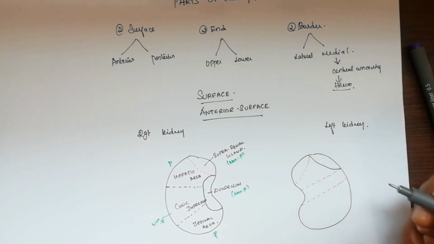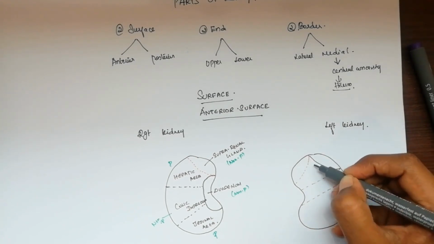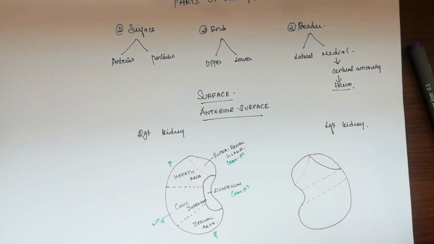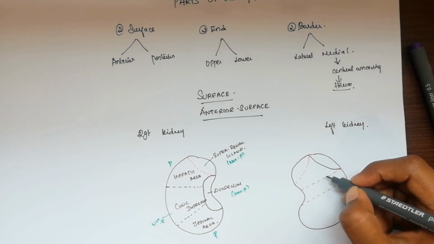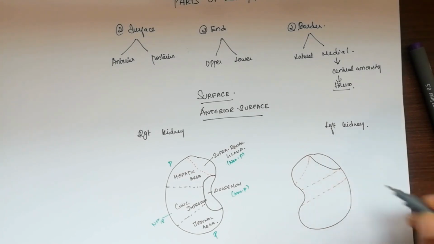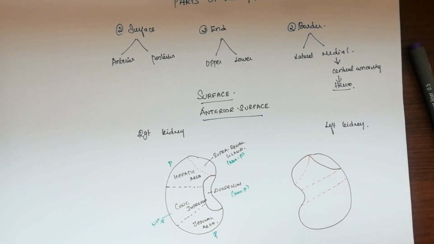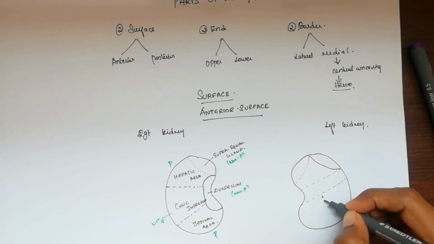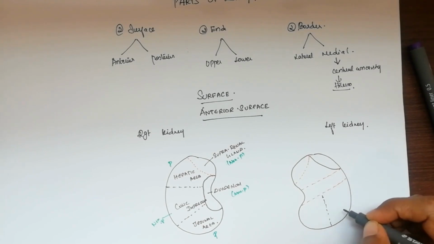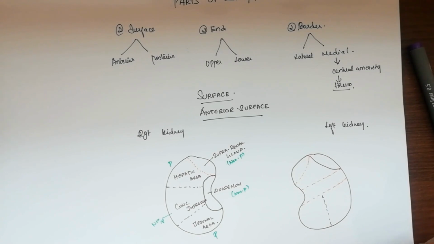So here we have the spleen, and this triangular area is related to the stomach. So we have the posterior-inferior surface of the stomach related in this triangular area. So that is the gastric impression. And just below the pancreas, we divide this again into medial and lateral areas. The lateral area is related to the colon, transverse colon, but the splenic flexure. And here we have again the jejunal impression, which has coils of jejunum with it.